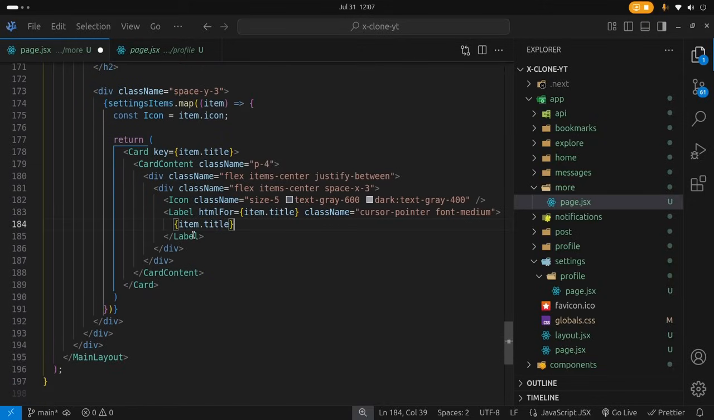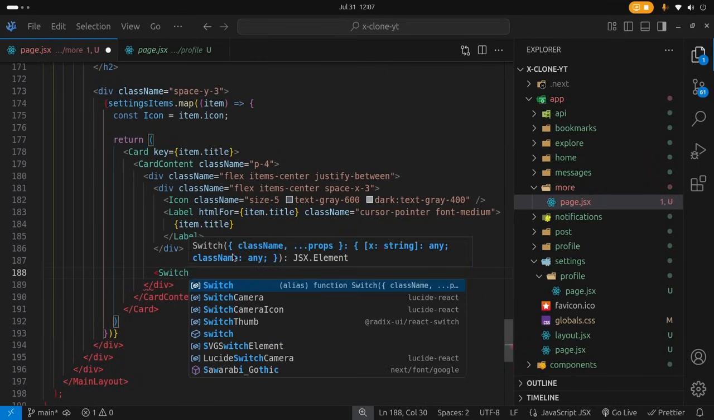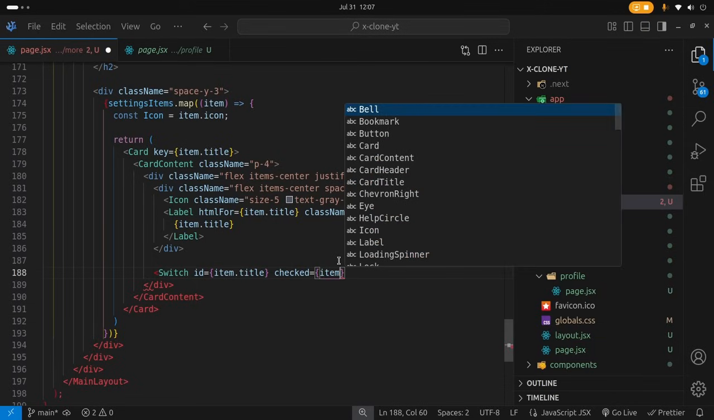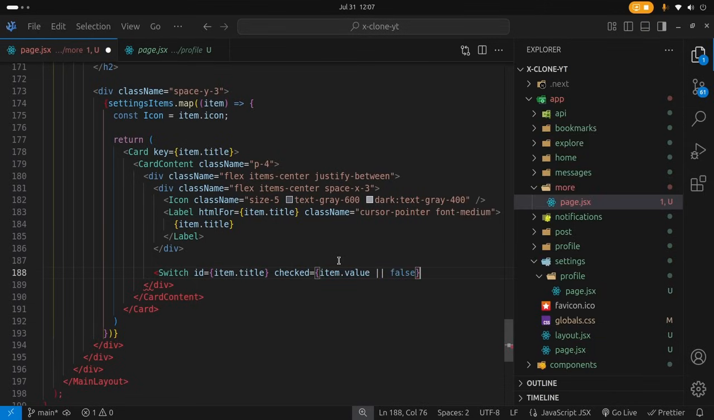And then we're going to go below the label and below this div, and we're going to have the Switch component. The Switch is going to have an ID of item.title, so that when you click on the label it's going to highlight the switch. And then the checked state of the switch is going to be dependent on the item.value, or it's going to be false by default. And then onCheckedChange,